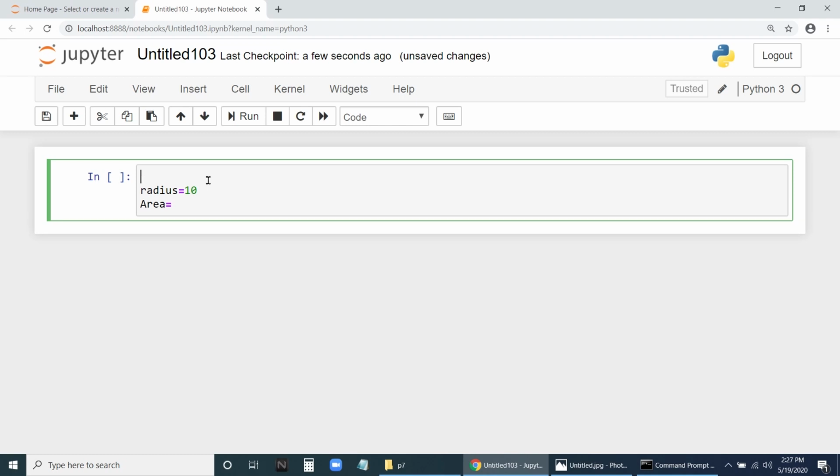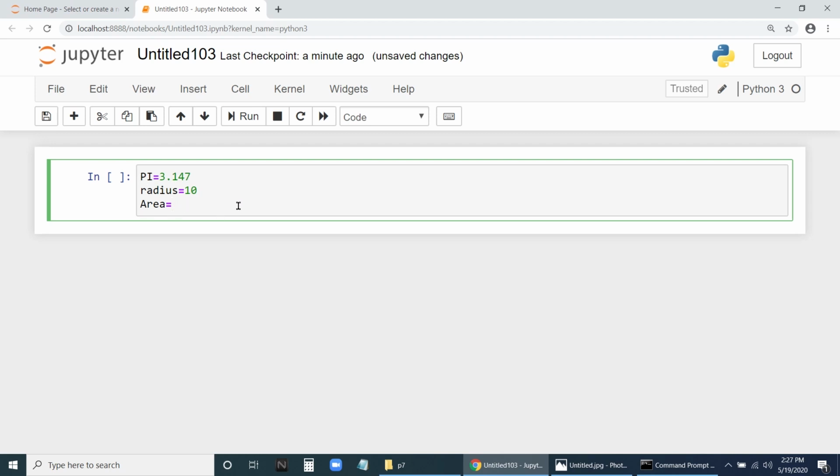Before that, let me write here. I cannot declare a constant, so let us keep it like this: pi is equal to 3.147. If you are coming from some other programming language, it's not possible here to declare a constant, like how you used to declare const double something in Java or C. We will just make sure pi is equal to 3.147.